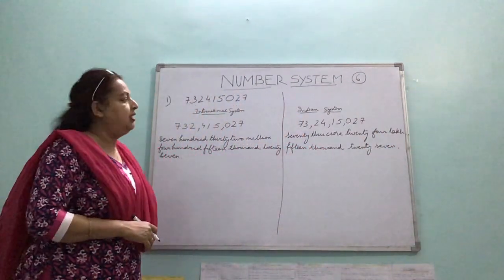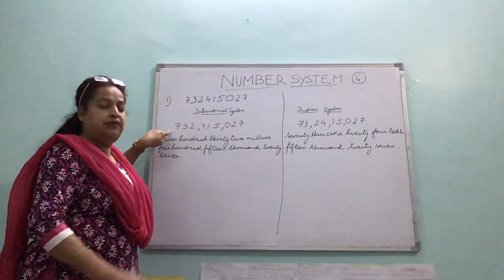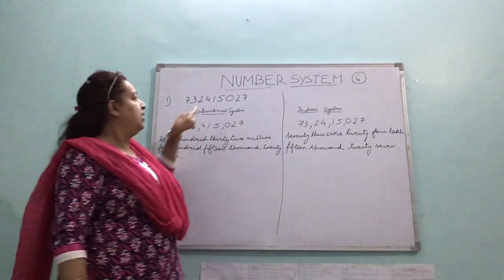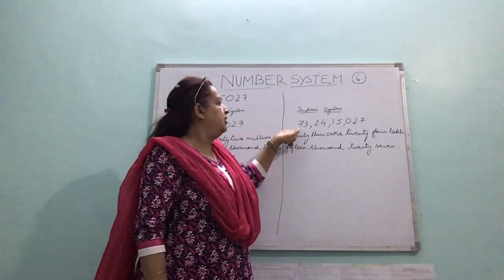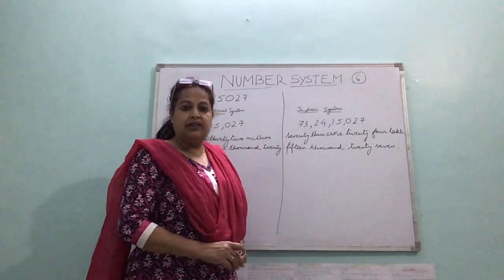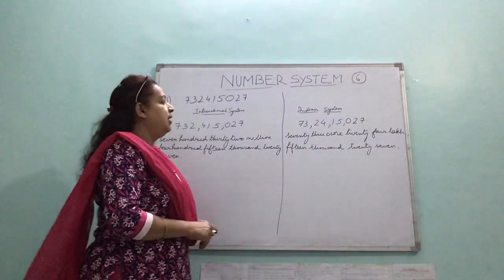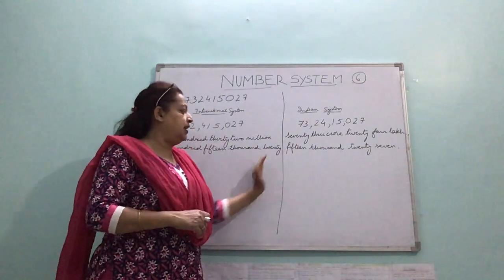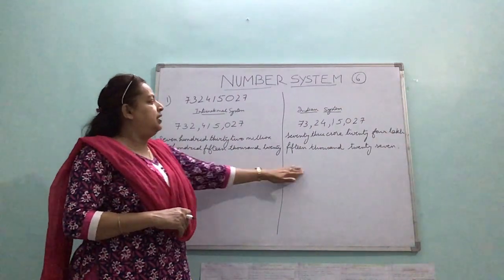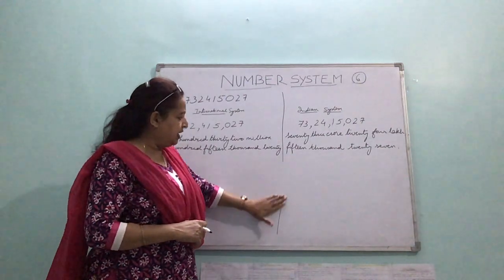So this would be the numeral in the international system with the commas, and this is the number name in the international system. Same numeral with the commas in the Indian system and the number name in the Indian system, right? So like that, both ways. From the international system you can convert to the Indian system and Indian to international system. We will be doing exercises based on that.